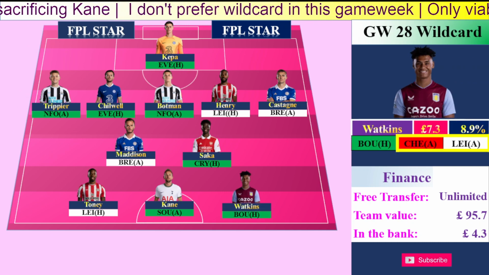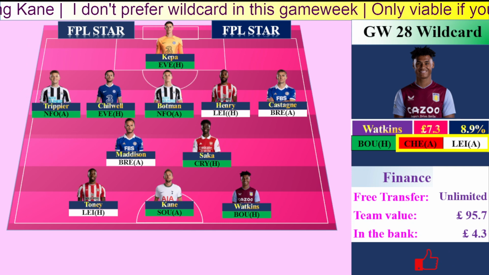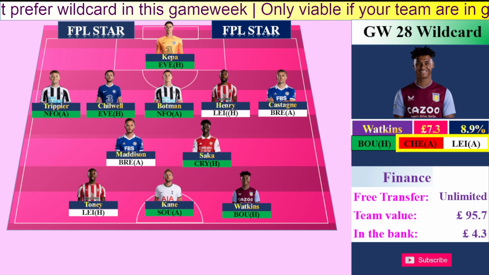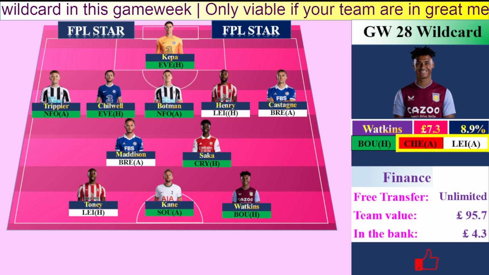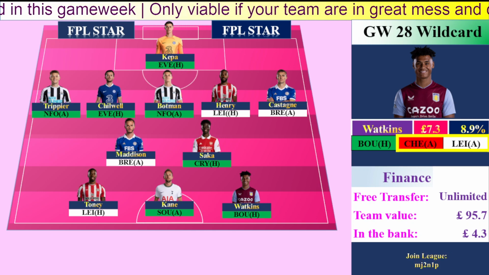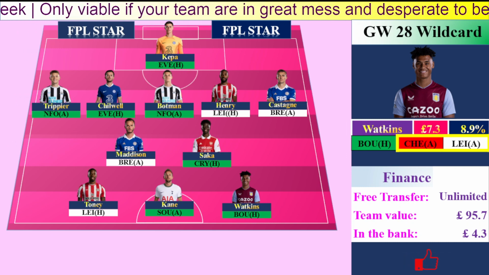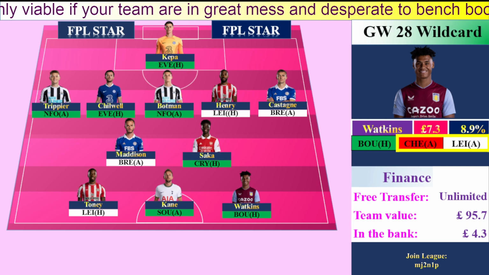Now move on to the third forward, and it's Watkins. In his last match he scored 1 goal. He was in goal scoring form, and against West Ham he also played very well, so you should go for Watkins. Just 7.3 million. The fixture in Game Week 28, which is Bournemouth at home, can be a goal fest for Watkins